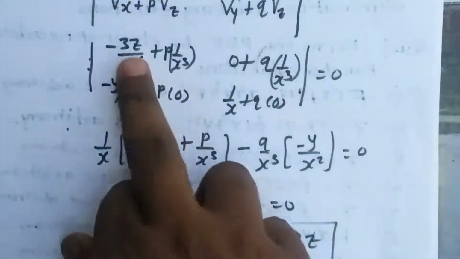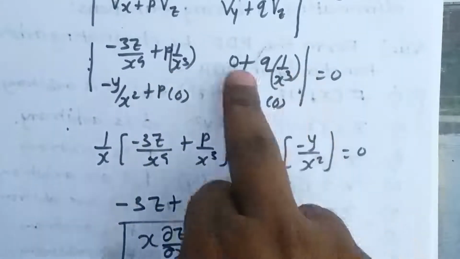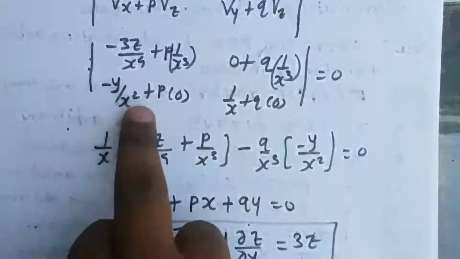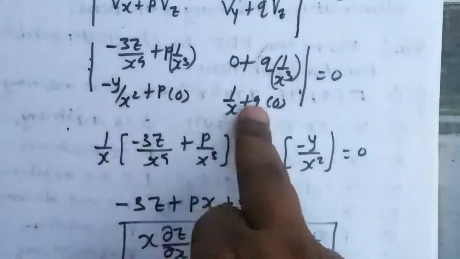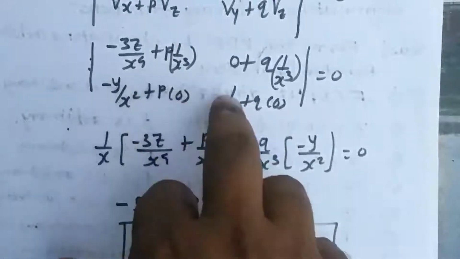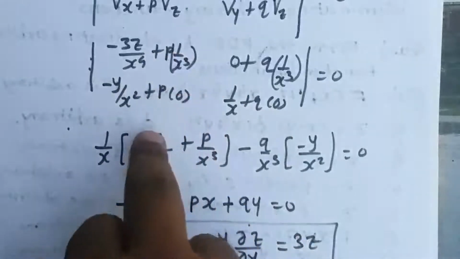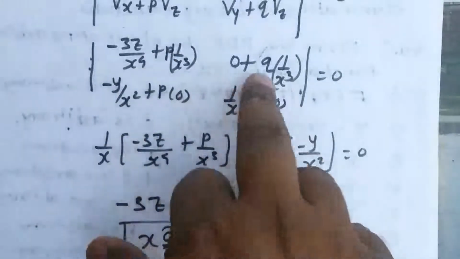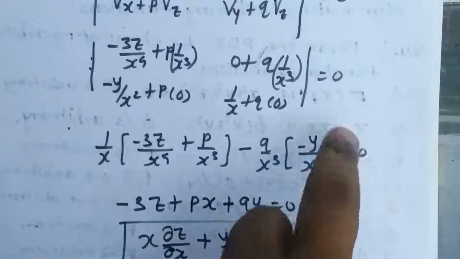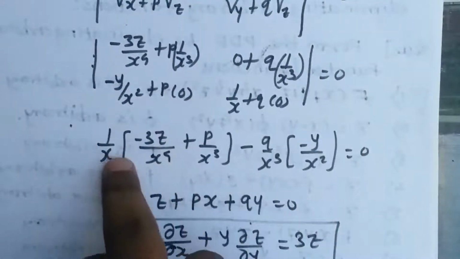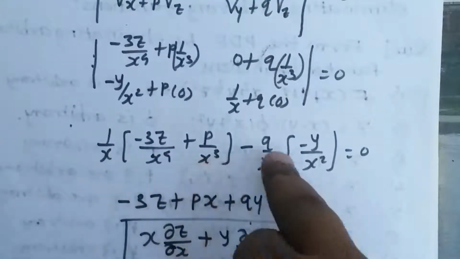So this is ux, this is uz, uy, uz; uz is at both places, vz is 0, so 0 at both places. This is vx, and this is vy. Now after calculating this determinant, we get this equation, just by cross multiplying: 1 by x into this, and q by x cube into this, with a minus sign. This is also minus. Now if you see the denominator, here we have x raised to 5. After multiplying by x inside, here we get x raised to 4, and here x raised to 5.